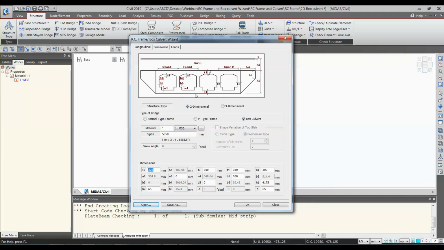So here you can see h1 is the total height. If you have provided the wing wall, then h3 is the height of the other side of that wing wall. H2, all the definitions will be same as per the 2D frame only. So H2 and P would be the thickness of soil plus thickness of pavement.